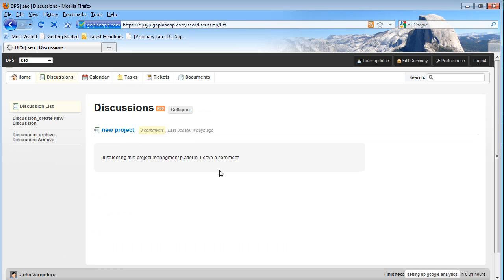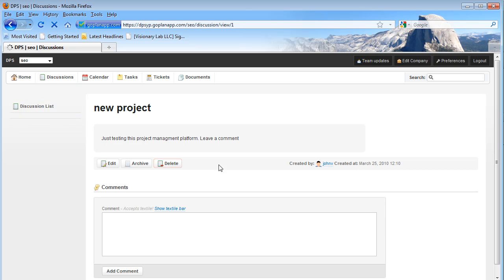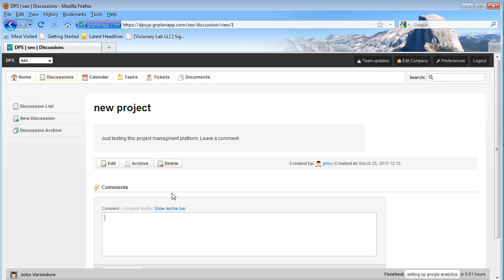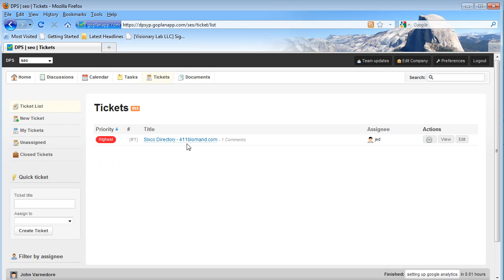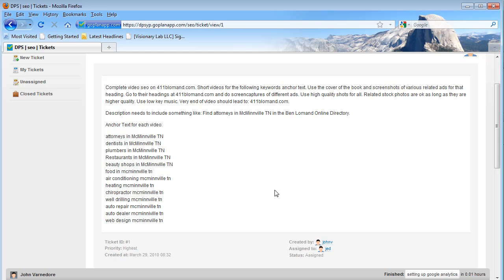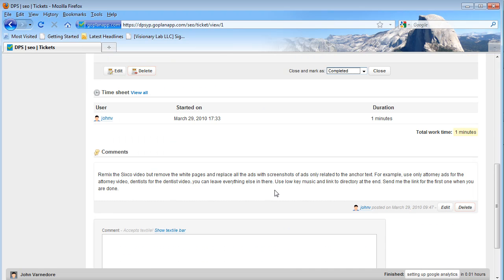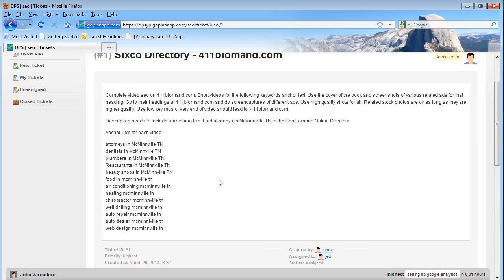But we have discussions, new project. We can add comments on there. You'll get notifications by email when I've assigned a task. Also, I can use tickets to assign a task. For example, here's 6co, this directory here. I need to know that